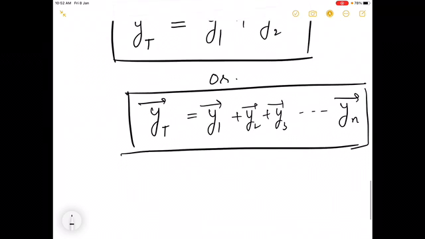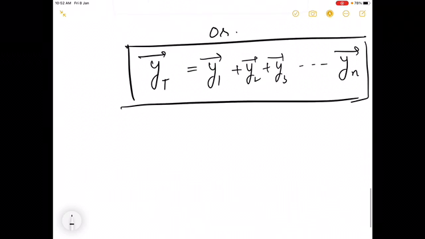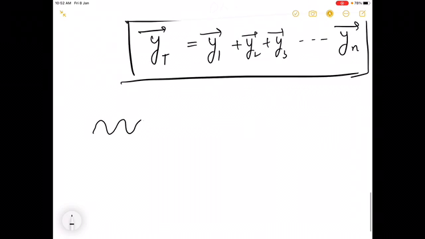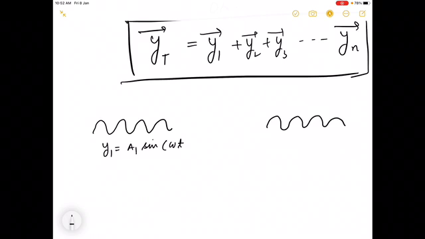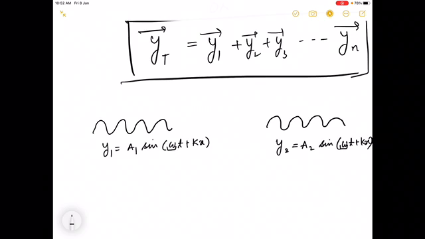Clear? Right. Before I move forward, one more thing I would like to discuss. Let's say I have this wave, and I have another wave. If I'm writing for this wave, y1 is equal to a1 sine (omega t plus kx), and for this wave y2 is equal to, obviously the amplitude will be different, a2 sine (omega t plus kx). So when I'm writing like that, remember, whenever the omegas of two waves are the same,